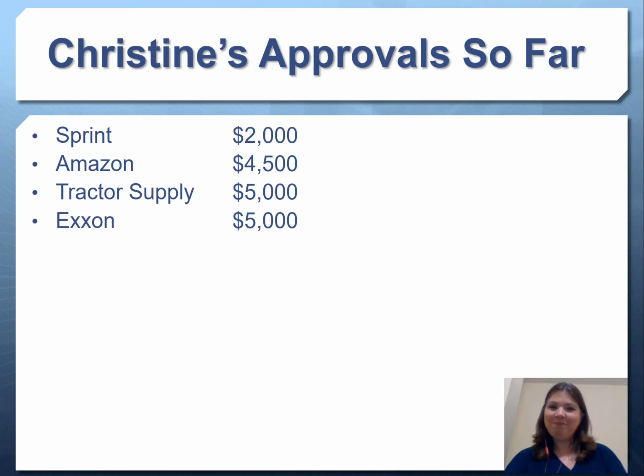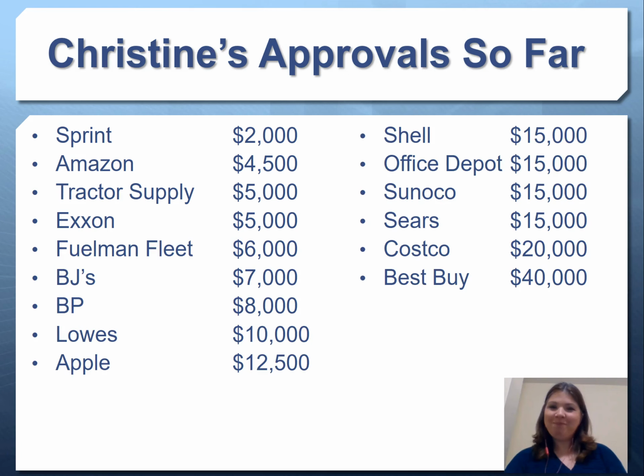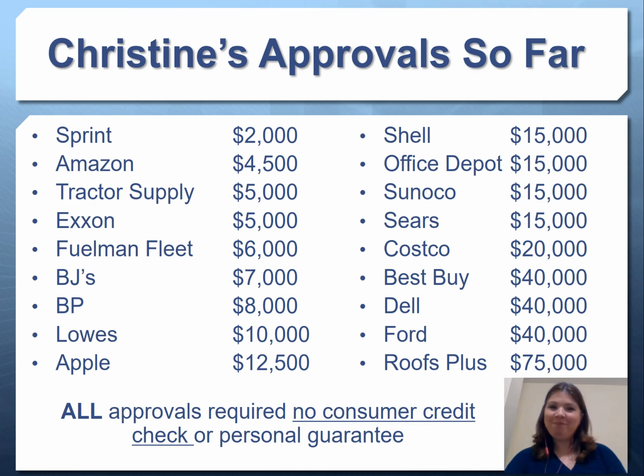So here's a real example of what this looks like. Here's a real client that uses the finance suite, and she has obtained all these actual approvals, so you can see what's possible: from $2,000 at places like Sprint, T-Mobile, other phone sources, $4,500 at Amazon. Remember, Walmart is also another great source where you can buy a lot of different types of things. $5,000, $6,000, $7,000, $8,000, $10,000, $12,000, and you can see how diverse the credit is, from getting $12,500 at Apple to getting $7,000 at BJ's, which is a Visa card that you can actually use anywhere. You could use this BJ's credit card at Costco even if you wanted to,